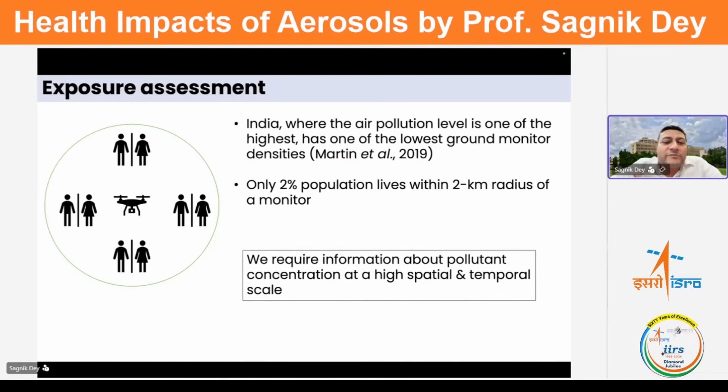So if I carry an instrument which measures air quality 24/7, that's the best estimate of my exposure to that particular pollutant. And we'll take an example of PM 2.5, which is the most important pollutant,